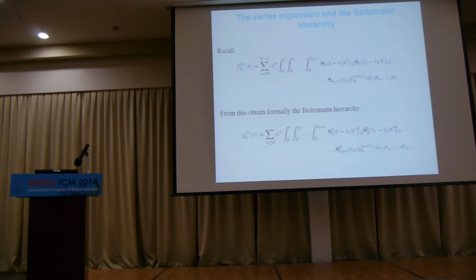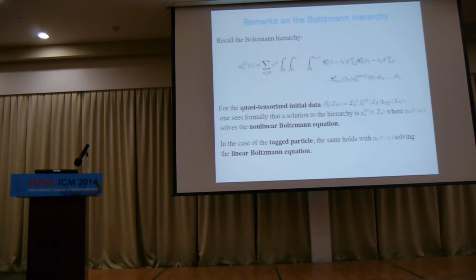Right, so if you do that, what you check, again, just by checking things, is that one solution of this hierarchy is simply taking the solution to the linear Boltzmann equation and s copies of it. Okay, and that works. Now, all I need to know to be sure I've done the job I wanted to do is that you have uniqueness for this hierarchy. If I can prove that there's only one solution with any initial data, then I've found it. Okay, and I'm done. Well, I'm not done because I still have to prove convergence.